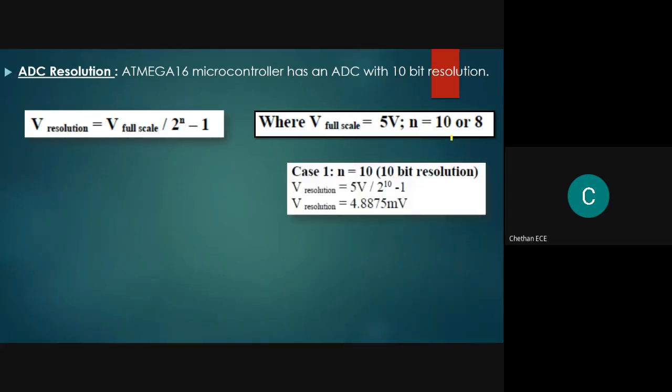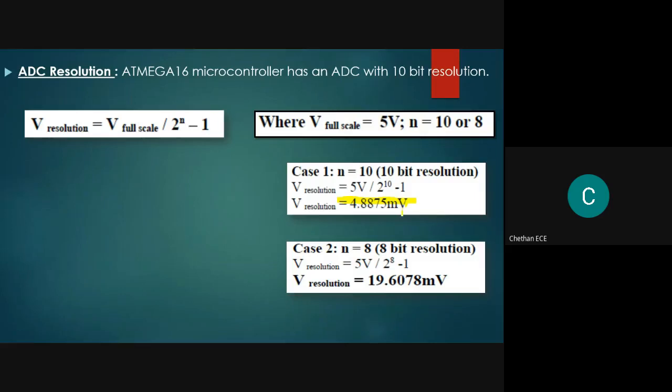If we choose n equal to 10, the smallest possible change that can be observed is 4.87 millivolt. Similarly, if we choose n equal to 8, the smallest change that I can observe is 19.67 millivolt.